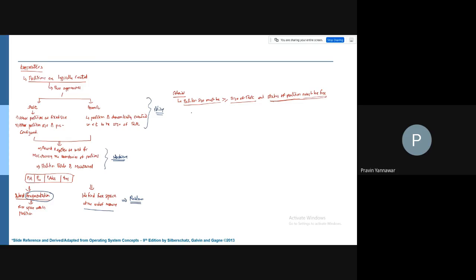This is the important criteria. If it satisfies this, only then are we going to allocate. Otherwise, there is no allocation.